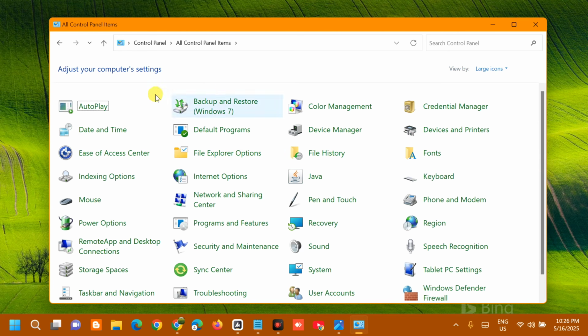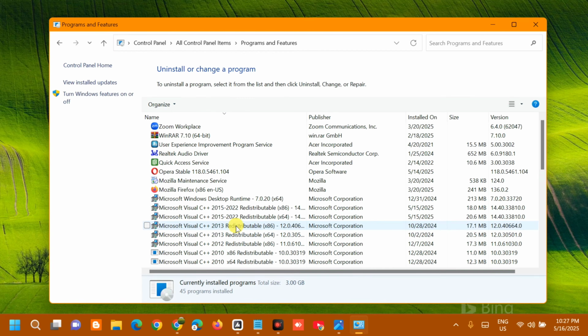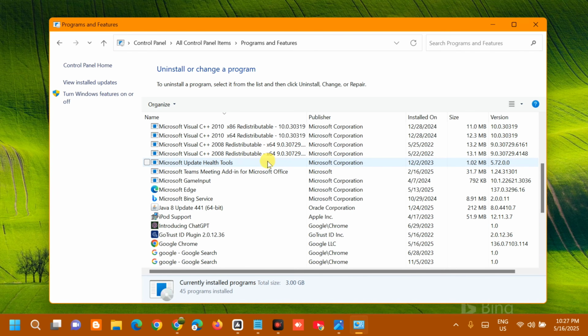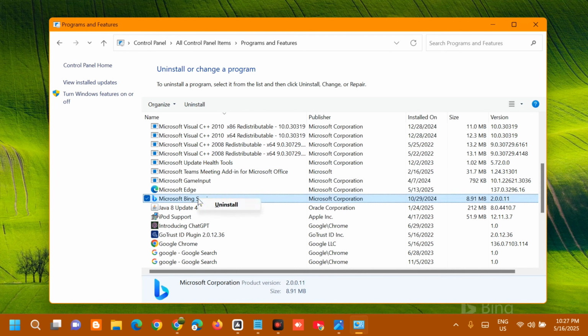Then next step, you need to select programs and features and then click. Here at programs and features, all you have to do is look for any Microsoft Office versions in the list of installed programs, and then we need to uninstall. So you need to scroll down and look for Microsoft Office installations or these applications. For example, this is the Microsoft Office, so select it and right click,